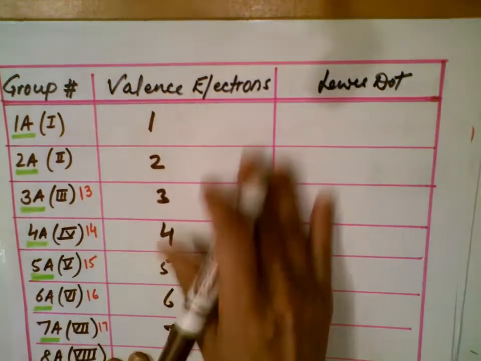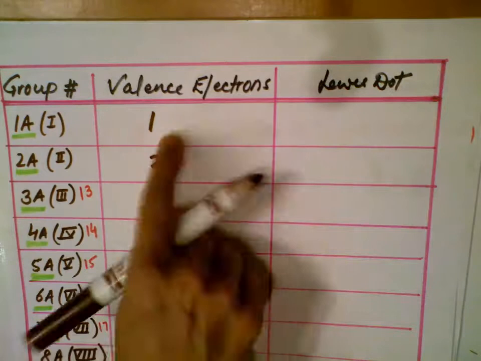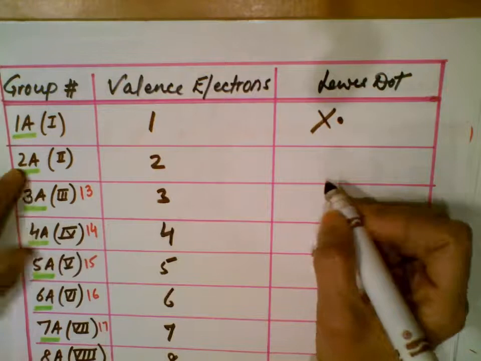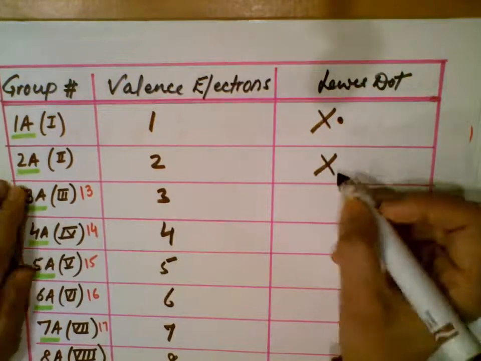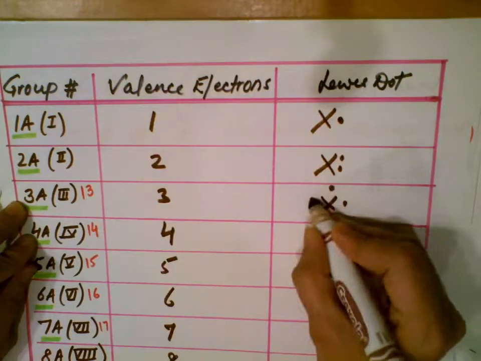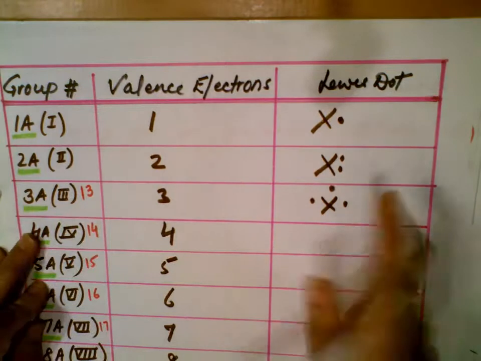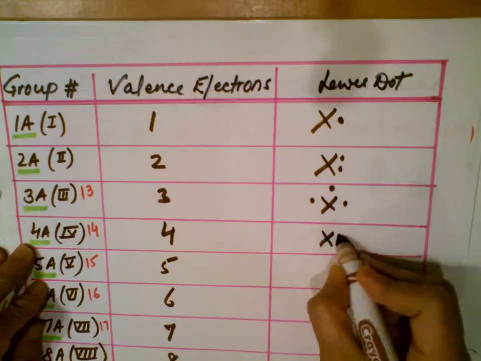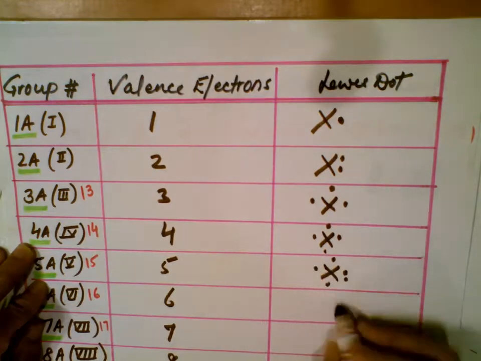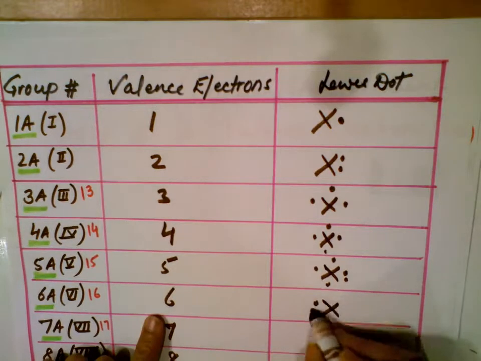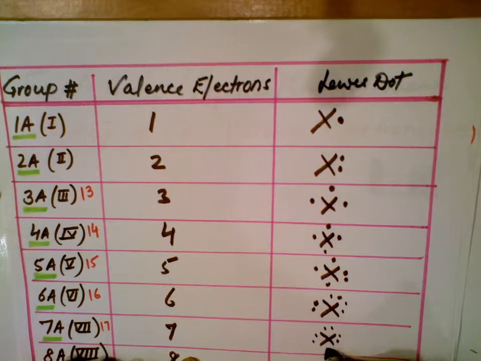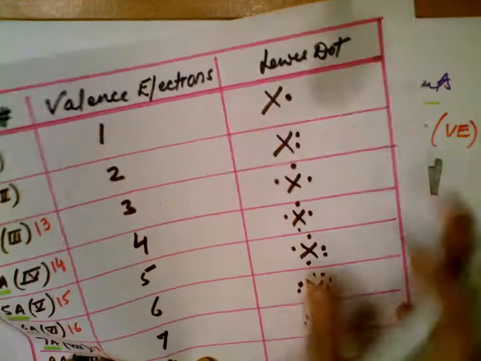And how are you going to show the Lewis dot structures for elements from these groups? So you will have an element from this group, only 1 valence electron. From group 2A, you will be writing the elements that you're working on, then 2 valence electrons. Group 3, all elements from group 3A, 3 valence electrons. 4A, 1, 2, 3, 4, and then 5, 1, 2, 3, 4, 5, and then this one is 6, 1, 2, 3, 4, 5, 6, 7, 1, 2, 3, 4, 5, 6, 7,